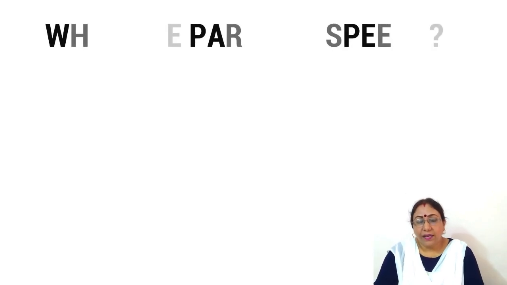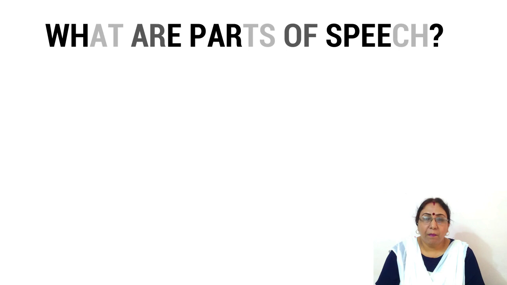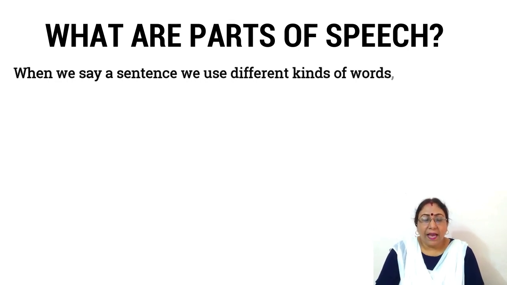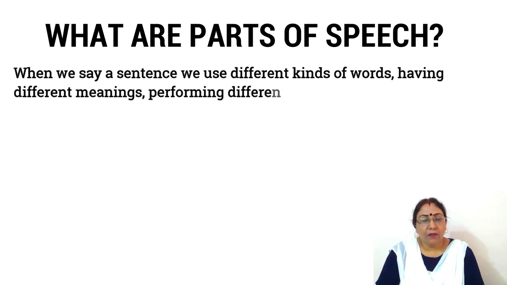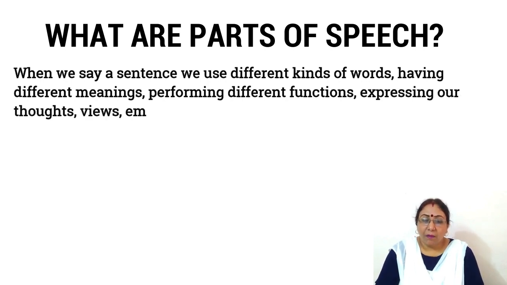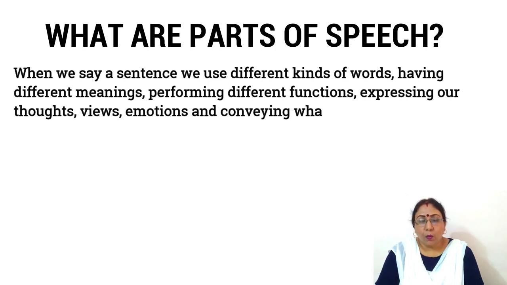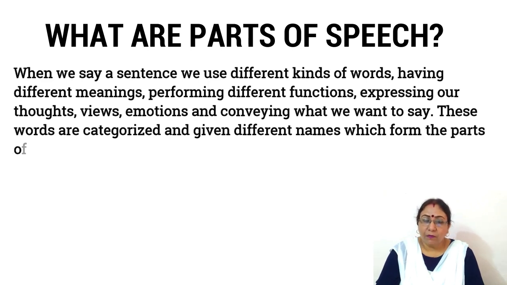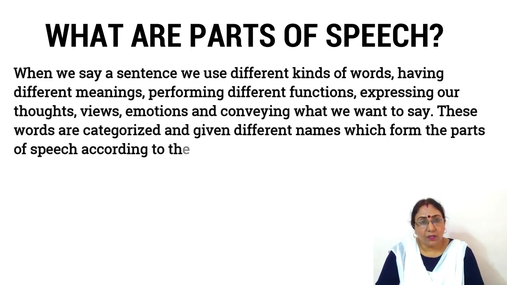So now let us know what parts of speech are. When we say a sentence, we use different kinds of words having different meanings. These words perform different functions. They express our thoughts, our views, our emotions, and convey whatever we want to say. These words are categorized and given different names, which form the parts of speech, according to their functions in the